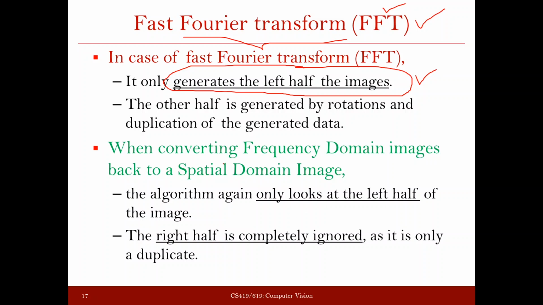And when you are applying this fast Fourier transform in inverse manner to get the original image back, there also it doesn't consider both the left and right parts, it only considers half of the spectrum, because what you have in the remaining spectrum is nothing but the replica. So to make the algorithm faster, it looks at the left half of the Fourier spectrum image. It ignores what you have on the right half.